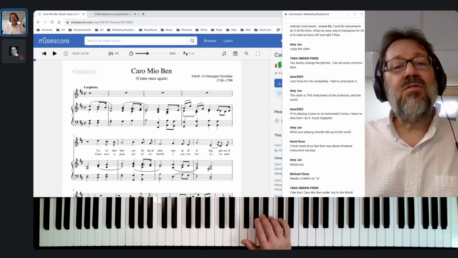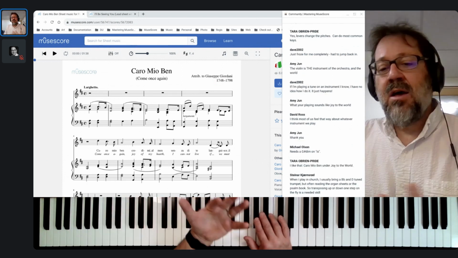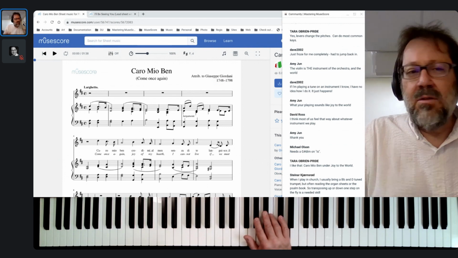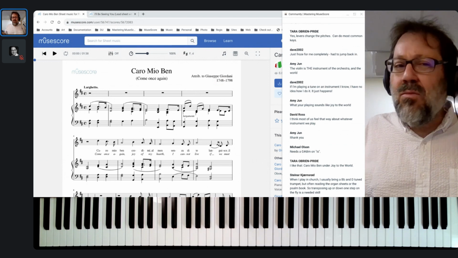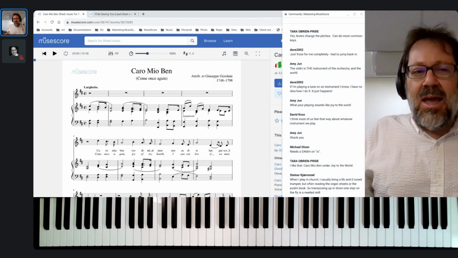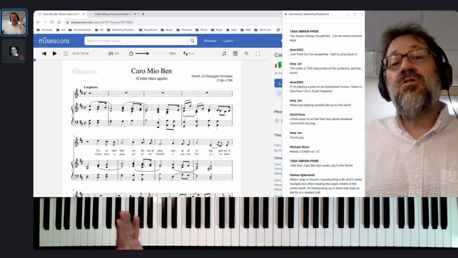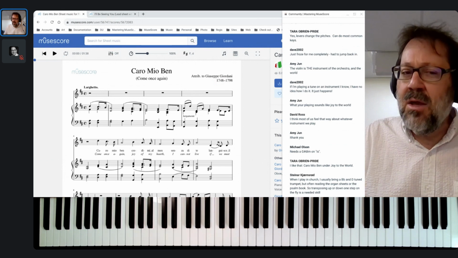Same with a lot of folk songs or a lot of songs that come to us from the Renaissance. A lot of these songs have melodies, but there was never a set chord progression that went with them. They were just melodies, and people have harmonized them different ways over the years. And that's what we're going to be doing a bunch in this course, is taking folk songs and harmonizing them, because